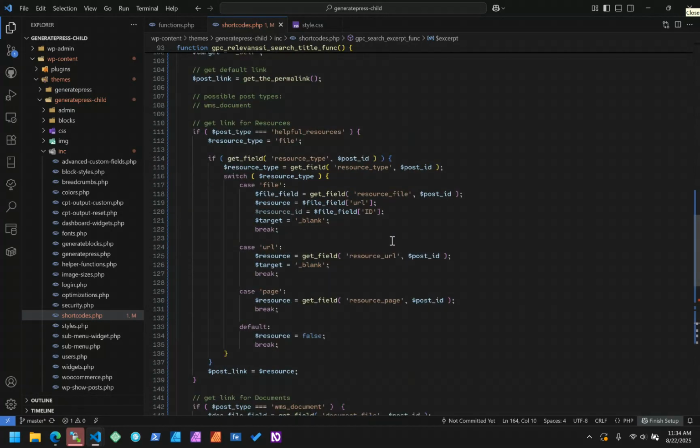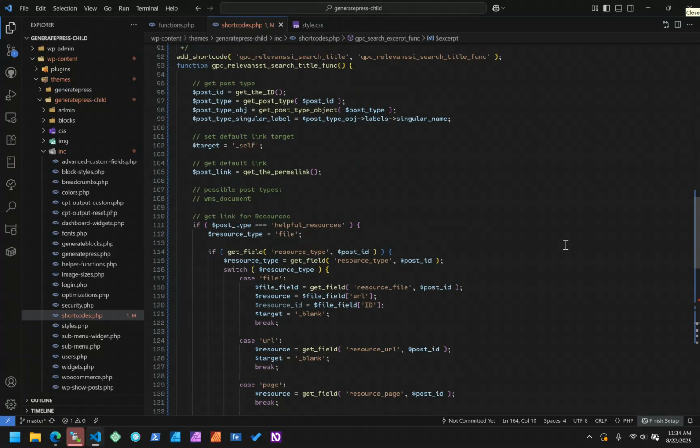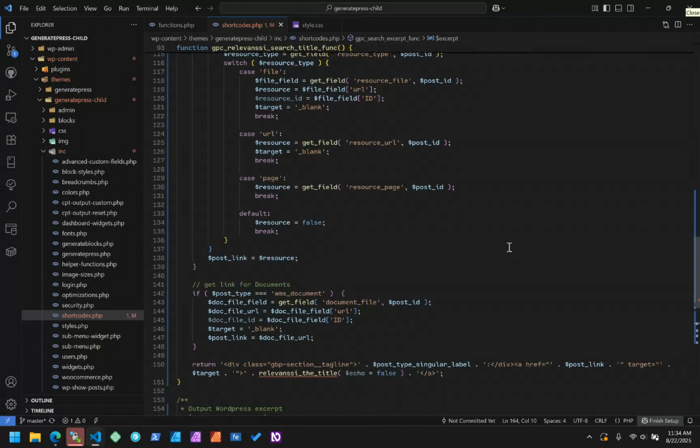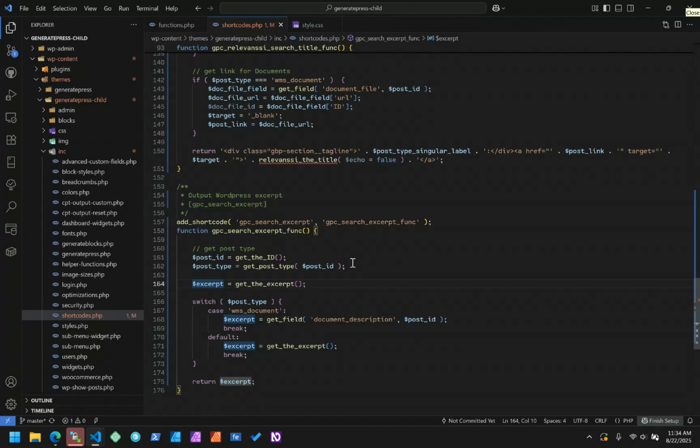So, and let me know in the comments, would you guys like to see more PHP stuff? I mean, I'm not a wizard or anything, but I've been doing this long enough where I know what a switch function is, and it's really handy, man. We could do more stuff like that. Anyway,